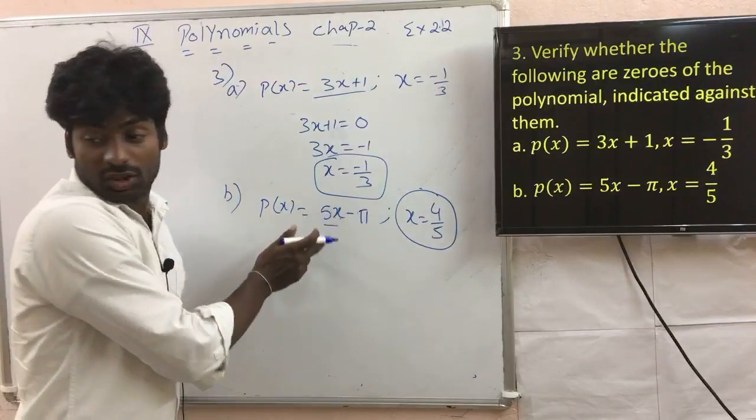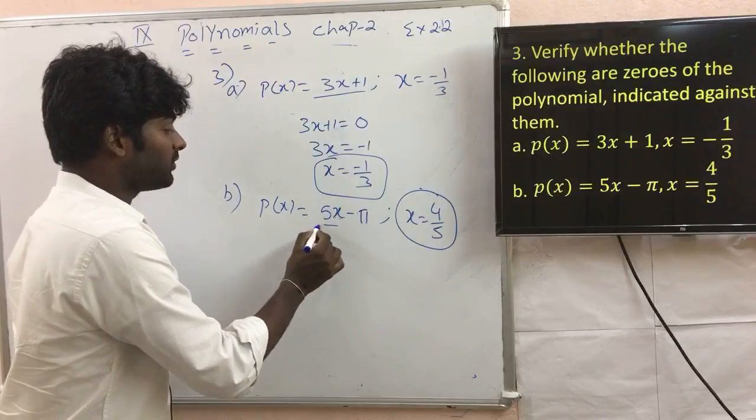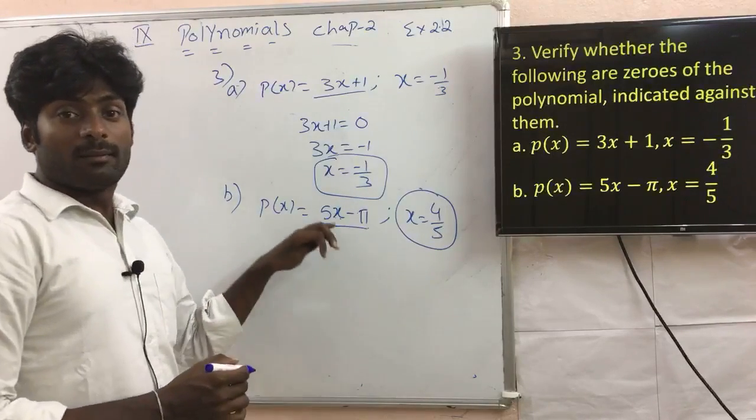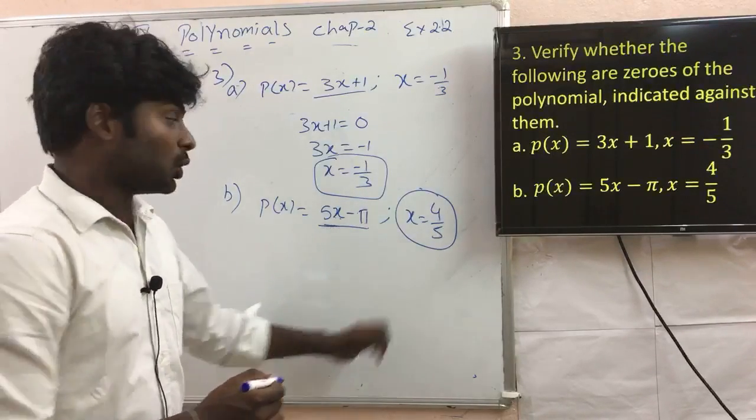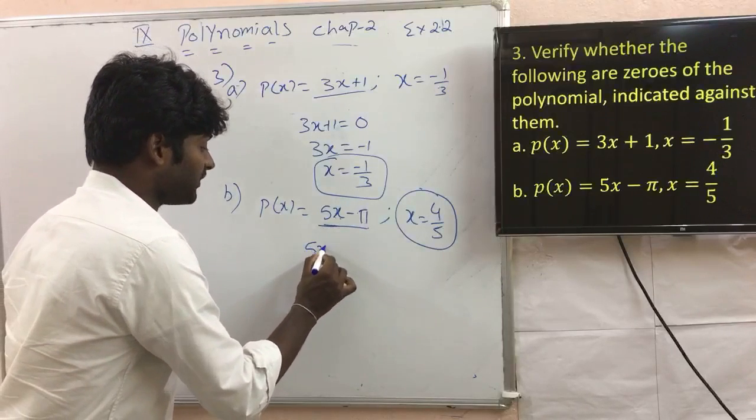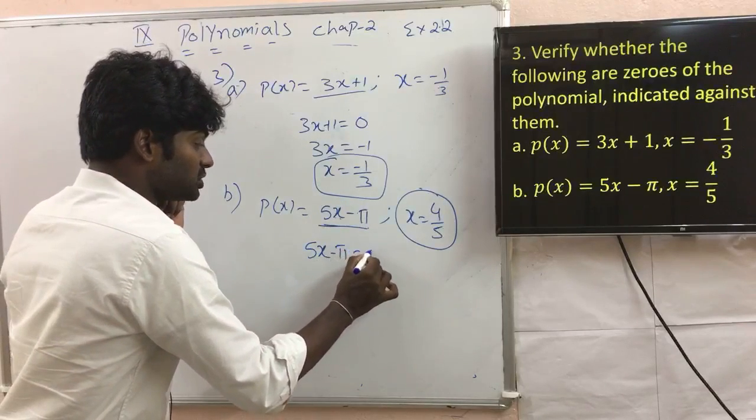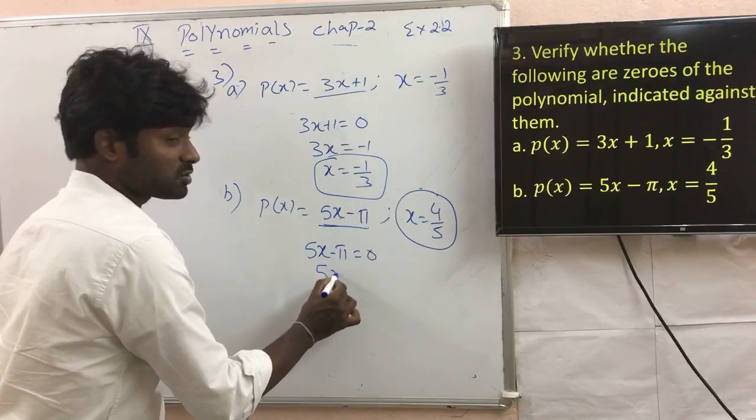Now find the zero of this polynomial. That means whenever we need to find the zero of the polynomial, equate it to 0. So 5x minus pi equal to 0. If you transpose minus pi,